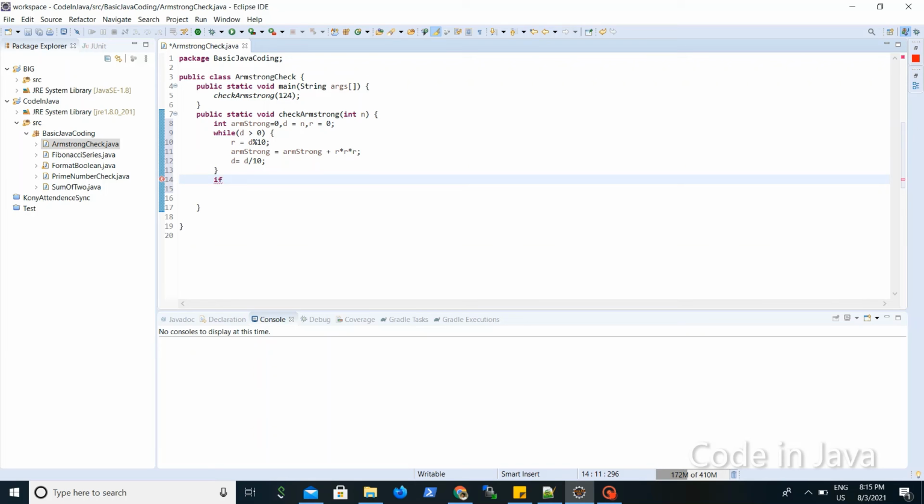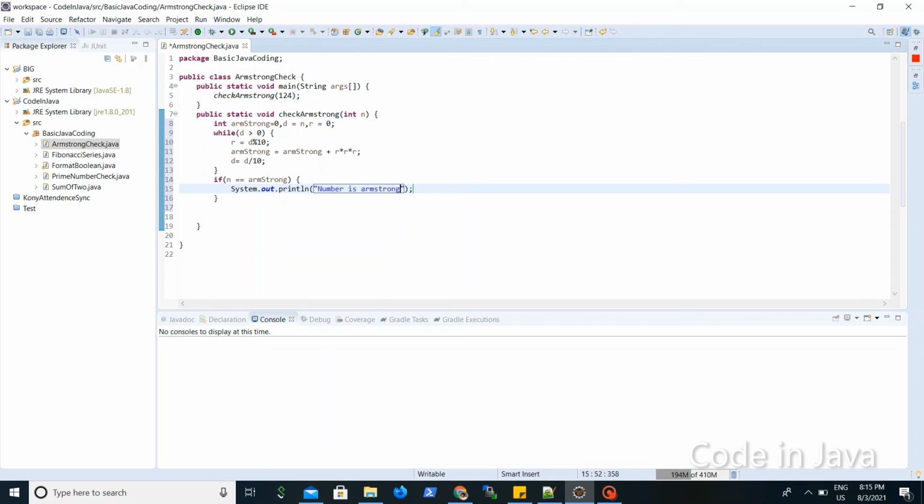We will see it here: if n is equal to Armstrong, it means System.out.println number is Armstrong, else it will print number is not Armstrong.